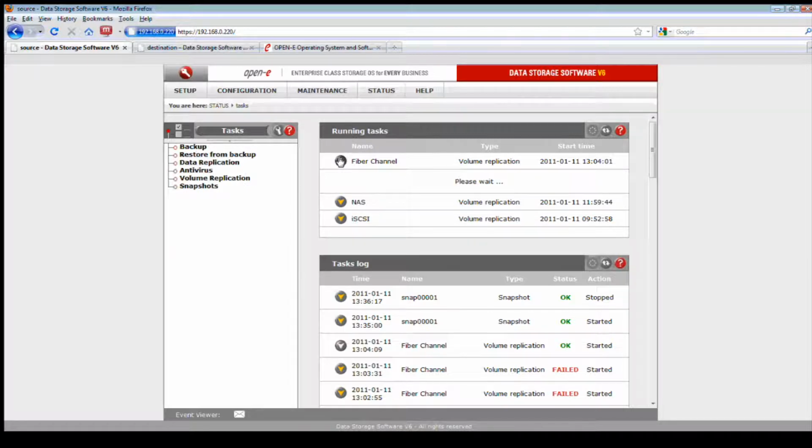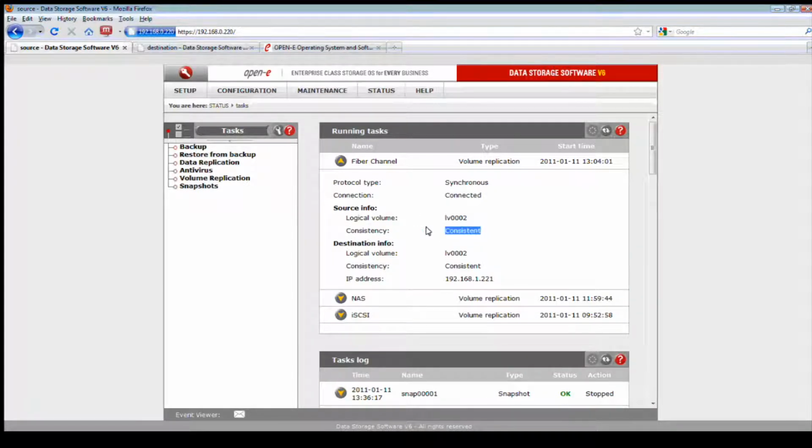Very simply, go to the status in tasks, and you'll see that I have the running tasks for the Fibre channel, NAS, and iSCSI. If you click on the down arrow key, you want to see that both sides are consistent. There is a counter while you are replicating; it'll tell you 10 minutes, 15 minutes, and so forth. The more tasks you have running concurrently, the slower it can get. So many times you probably want to start off with the biggest one first, or the smallest ones. Kick off those tasks, and let them complete before you do the last large volume to replicate.